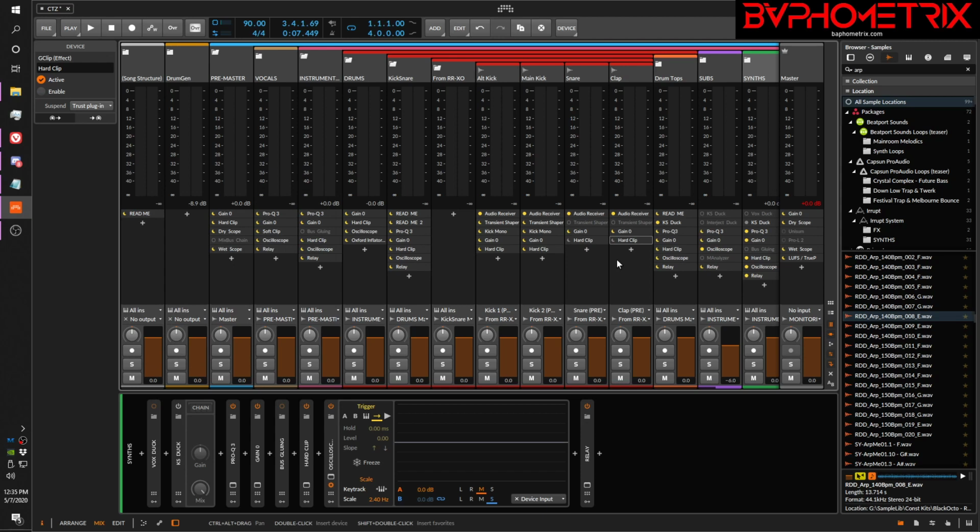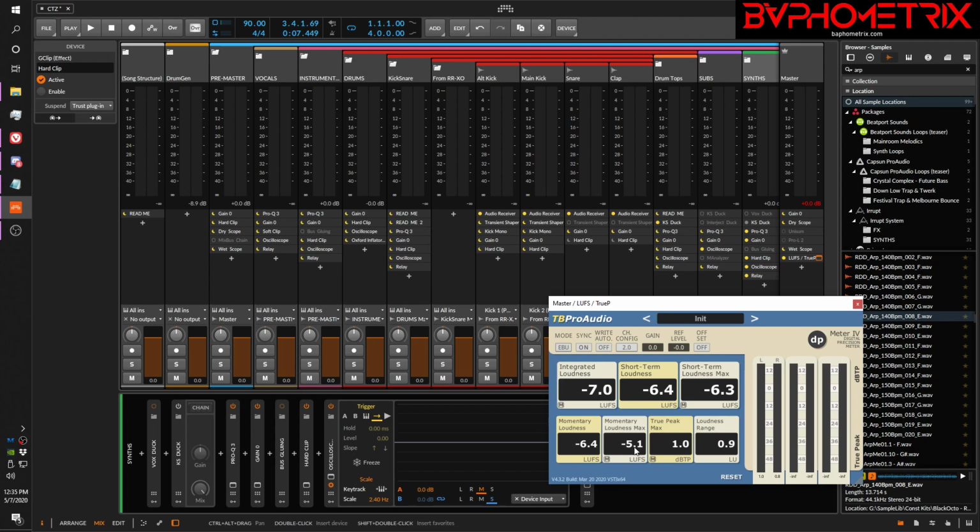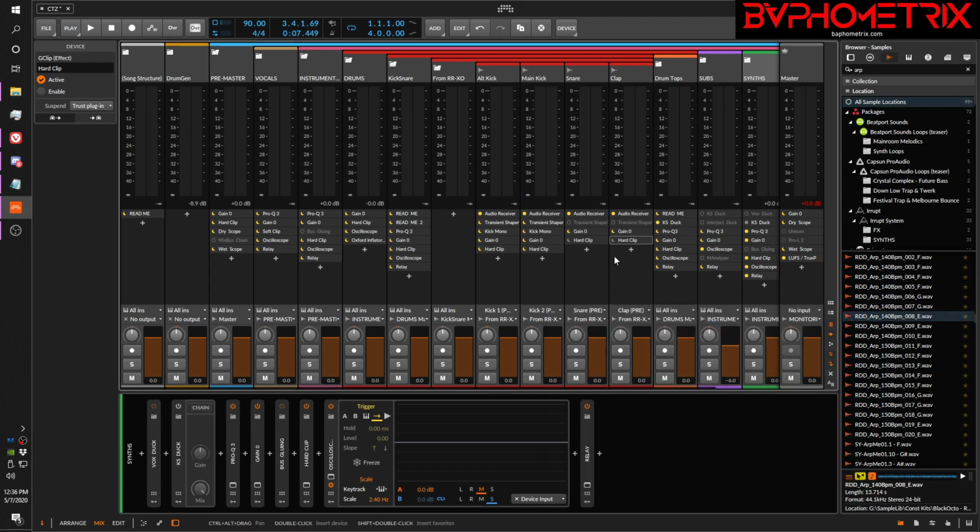And remember when we did this earlier, you saw that the maximum potential over here on the master dropped from -6.6 to -8 point something, right? So just taking off the heat, the squash that you applied to the anchor sounds, the kick and the snare,